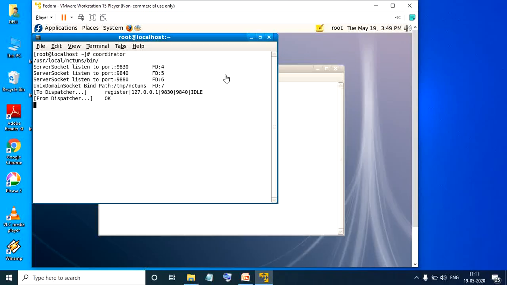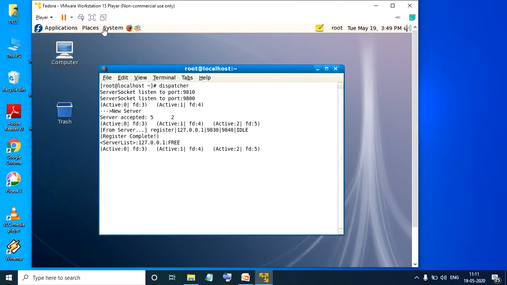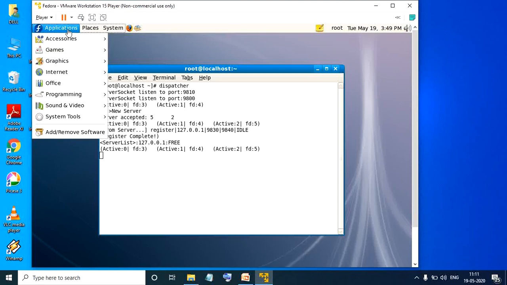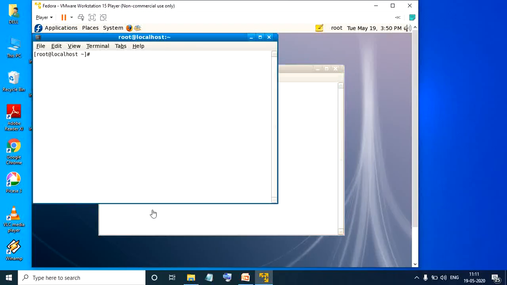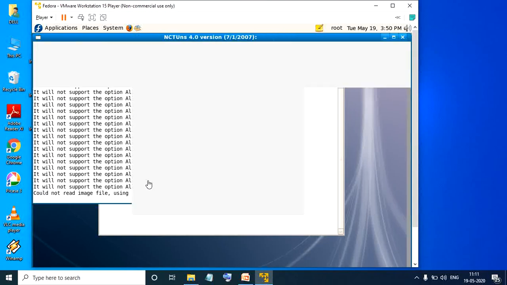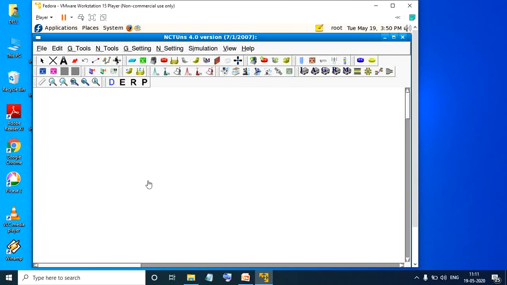Finally, we have one more command, the third command. In order to implement that third command, again we need to go to Applications, System Tools, and there again Terminal. Here I will be implementing the third command, with which I will be opening my simulator, which is your NC2NS client. This is the last step wherein I will be opening my network simulator using the command NC2NS client. Once I press this, we can see that your NC2NS client has been opened.